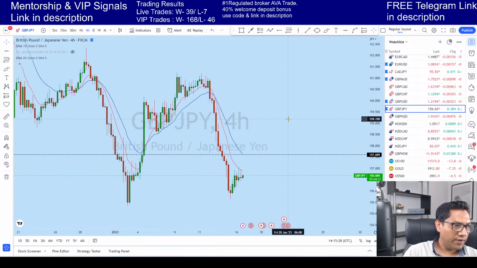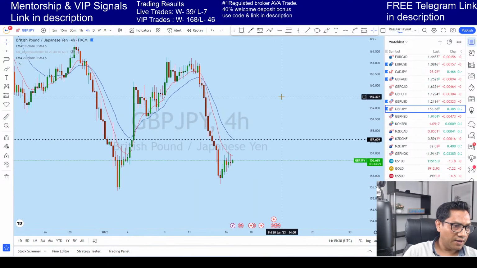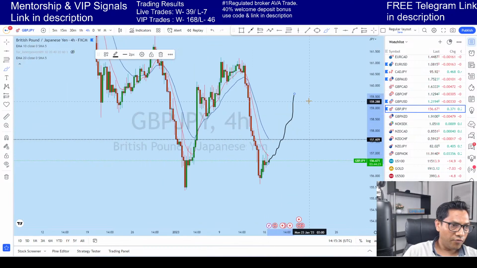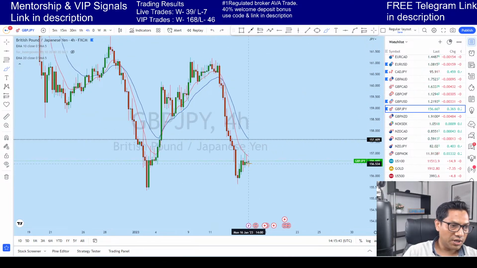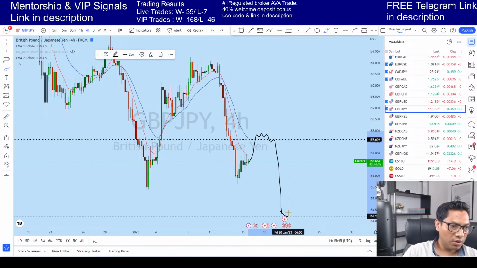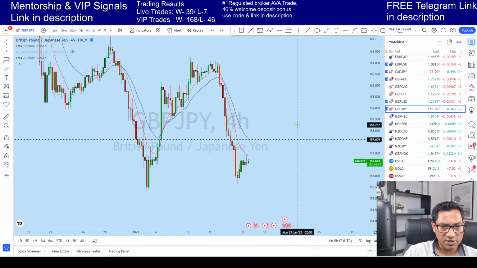Probably you see that the price is coming to this 20 period moving average, or even breaking this high. So basically when the price slowly consolidates and goes up, we need to wait for a very strong bearish price action, and then we can consider going short on GBP JPY. It is currently in a retracement phase, and once we find an opportunity, we can go short.